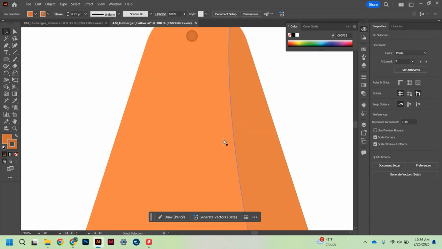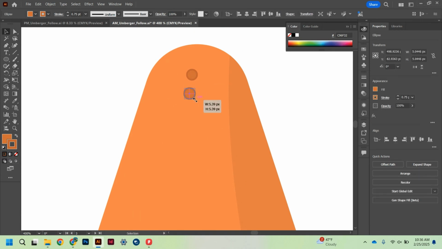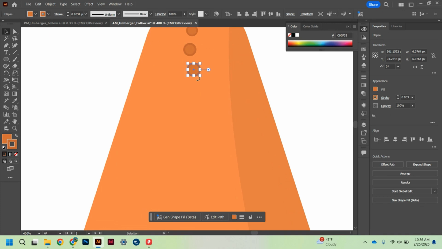I'm going to get back in there, and I'm just going to make another one. And I'm going to hold down the Alt key and drag. And again, it doesn't have to be perfectly centered. And I'm going to make it just a little bit bigger. And every time I do this, I want to make sure that I'm holding down the Shift key to keep it proportional. So every time I make this just a little bit bigger,